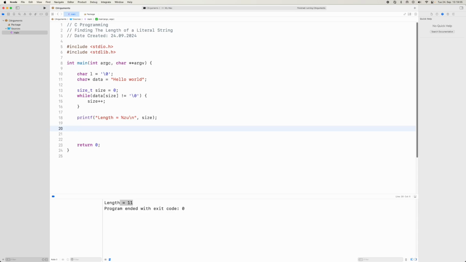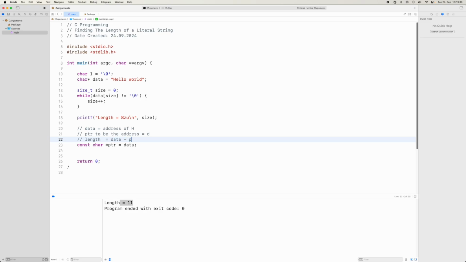The other way is we can use pointer arithmetic, okay, and we're basically going to do kind of the same thing, but this time we need to get a reference to this data here, because we need to do pointer arithmetic to this one here, and then we've got the start position. So data is equal to the address of h, and we want ptr to be the address of d basically, and then the length is going to be equal to